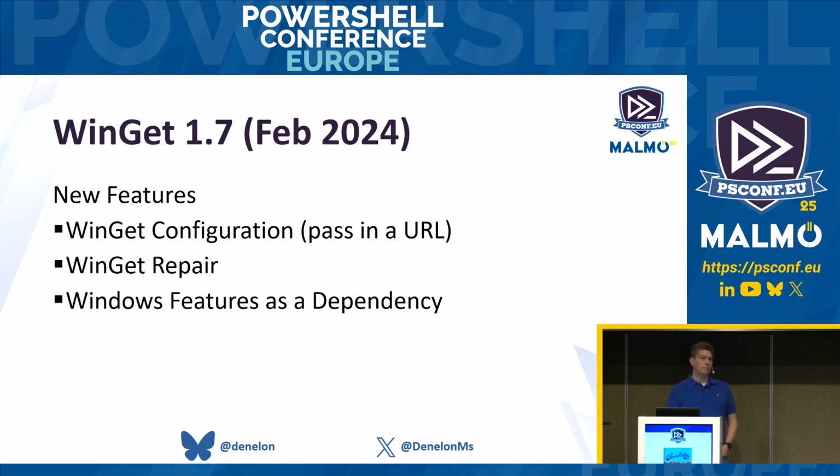We did the PowerShell module, making Winget repair as a commandlet. So repair Winget package manager works in Windows PowerShell as well as PowerShell 7. It's designed to help you get things bootstrapped and get Winget into a good state so that everything will function. The other thing that we added support for was Windows features as a dependency. We had several packages in the community repository that wanted things like .NET or IIS or other Windows features enabled. Because of some reboot complexities, it took a while to get that built in.